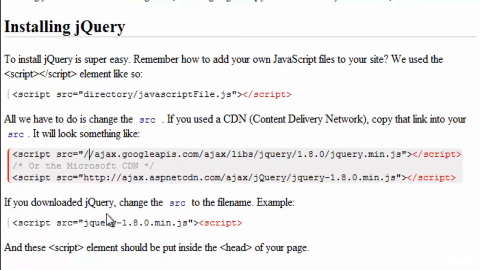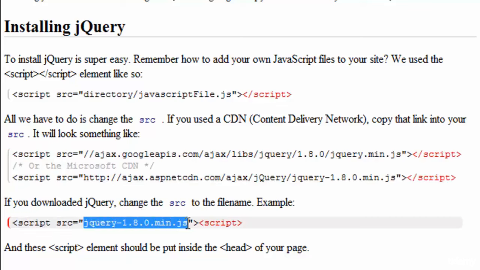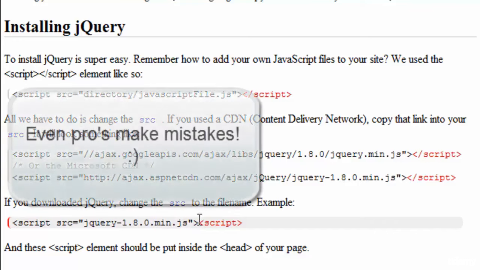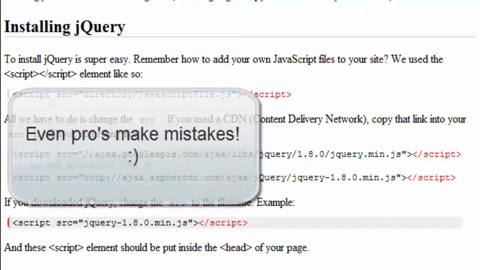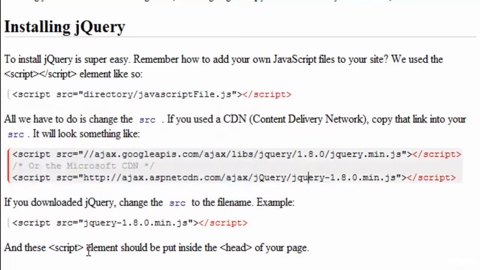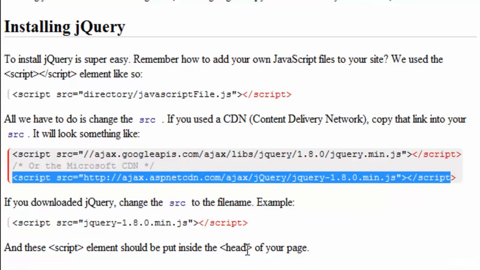And if you download jQuery, again, all you have to do is change the source to the file name. So like this, script source is equal to, and then whatever you saved it as. And if you saved it as default, it would look something like this: jQuery dash your version in here .min.js. And actually this should be closed, and then we just close the script tag. And for all of these, the script element, so for all these examples, should actually be put inside the head